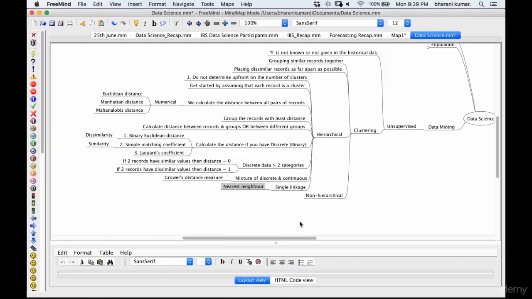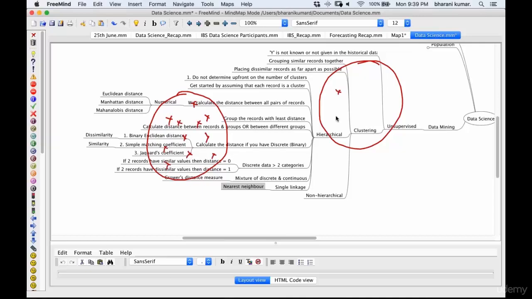To quickly explain: if you have two groups with multiple data points, in single linkage you calculate the distance between the nearest values, the nearest neighbor. You will not go for a value which is very far away in these clusters,